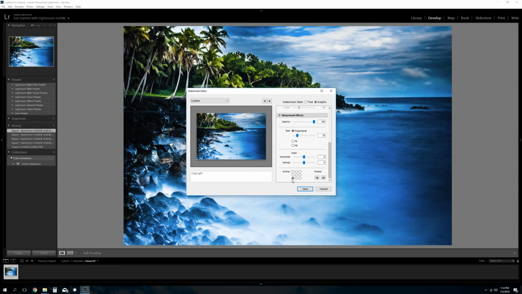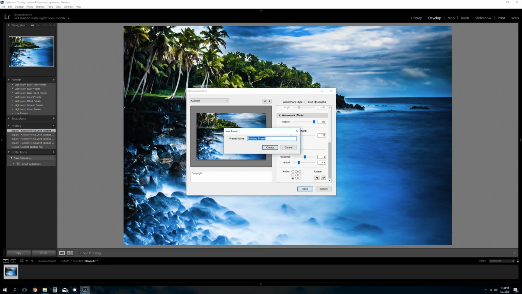So for this one, we'll just do the lower left, and let's bring that over just a tad. Well, maybe the other way. There we go. I like that. So we'll move it over just one value there, and we'll bring it down. Oh, about 5. I think that's about good. Alright, now whenever you have your watermark set wherever you want it on your image, go ahead and say save,